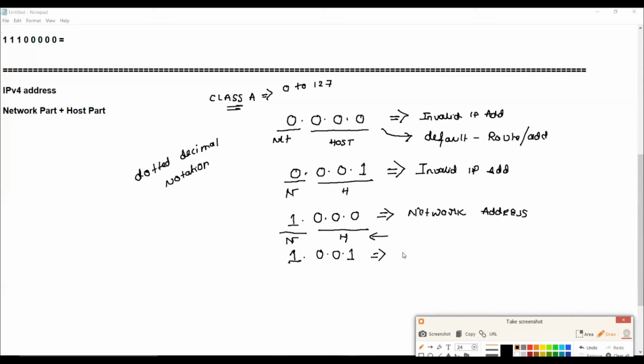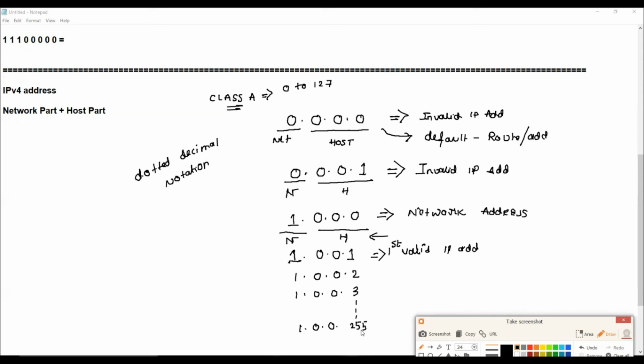That is your valid IP address. This is called a valid IP address, right? So we've got a network bit in use, we've got a host bit in use, that's fine. This is your first valid IP address. Similarly, the second user will have 1 dot 0 dot 0 dot 2. The third user, the IP is 1 dot 0 dot 0 dot 3. And likewise, we'll continue. The last number would be in binary, if all the bits are high, the last number can be 255,